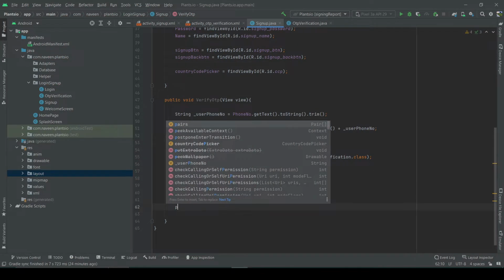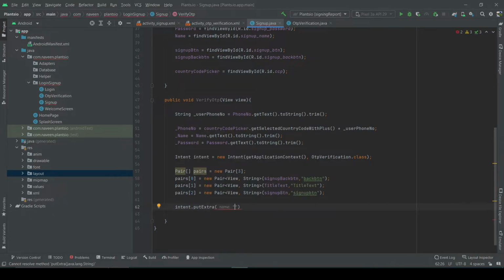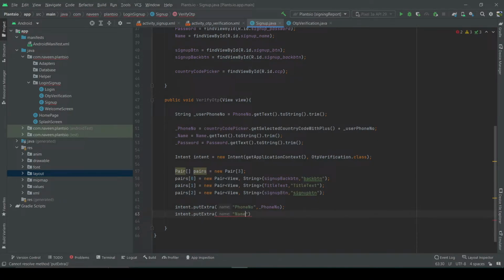Inside the intent.putExtra, and inside the strings type phone number and comma underscore phone number, and intent.putExtra name comma underscore name, and intent.putExtra password